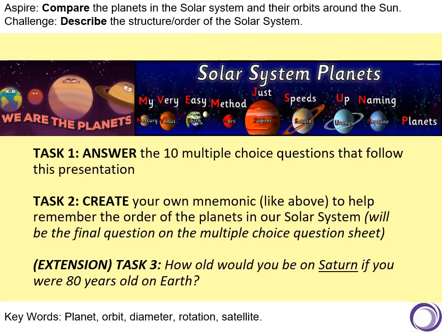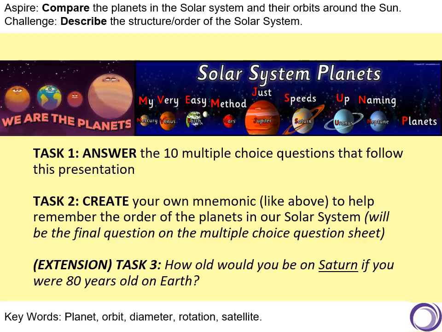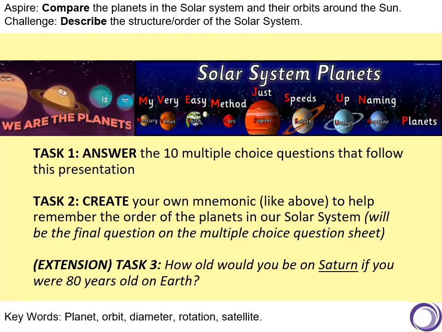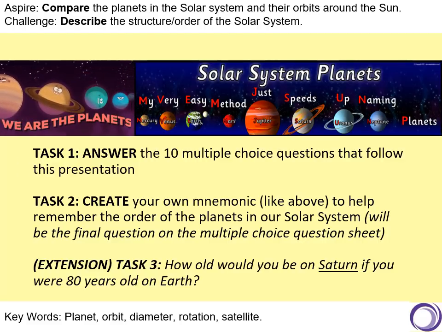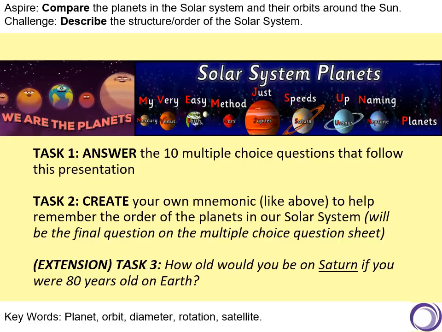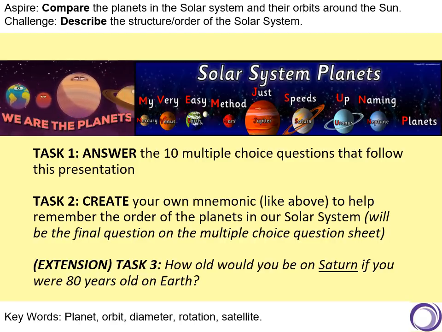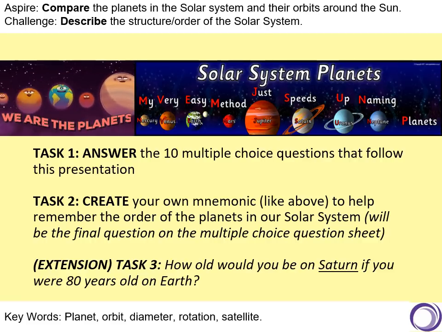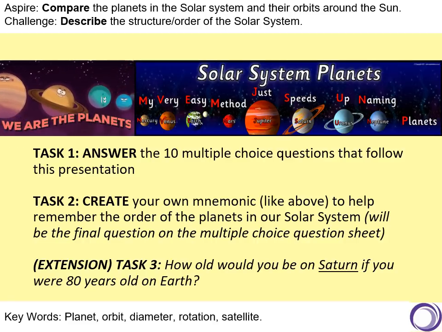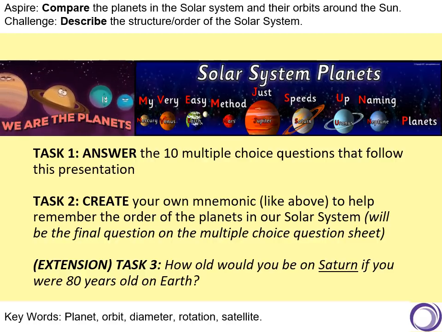Your second task is to create your own mnemonic. Just as I have just said, my very easy method just speeds up naming planets. That is a mnemonic. So that basically the first letter of every single word equates to the first letter of each planet. So we'd like you to come up with your own one. I think that's quite a nice activity. See what you can come up with. I must remind you, you must keep it not rude. So let's have sensible options, please. So you can create your own mnemonic, and if you've got a bit more time, but I'd encourage you to